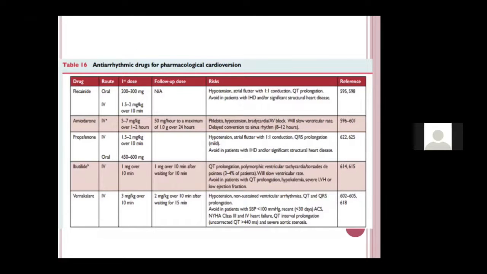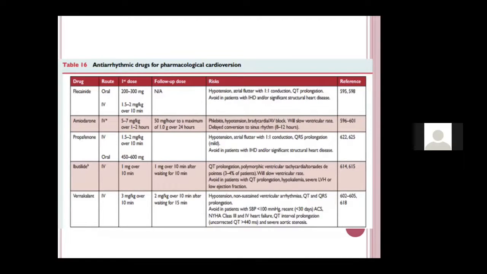400 milligram, not twice a day, 400 milligram 3 times a day. So if you give loading dose infusion followed by 1 week of 400 milligram 3 times a day, you will reach the 10 to 15 gram of loading dose, and then only you can start the maintenance dose, which is 200 mg BD followed by 200 mg once a day. And that is how amiodarone should be given.